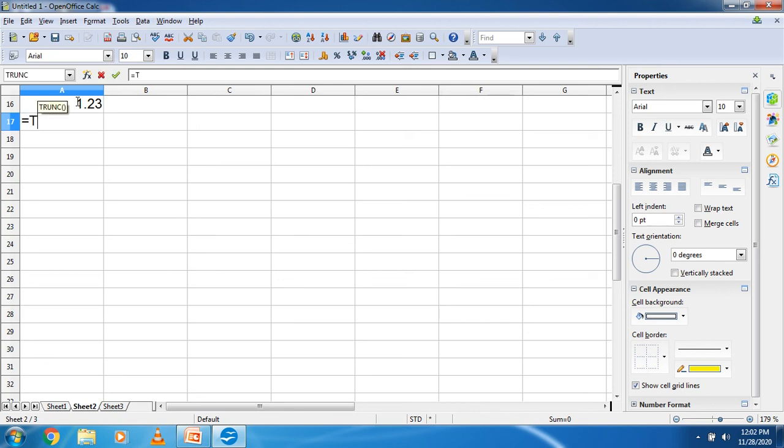Again suppose I am using the truncate function, trunc, bracket open, 12.5, and I close this bracket, so it returns only 12 and digit 5 is lost. Now again, trunc, bracket open, minus 15.72, bracket close. It returns minus 15 only, and 7 as well as 2 are lost from that. Okay, students?